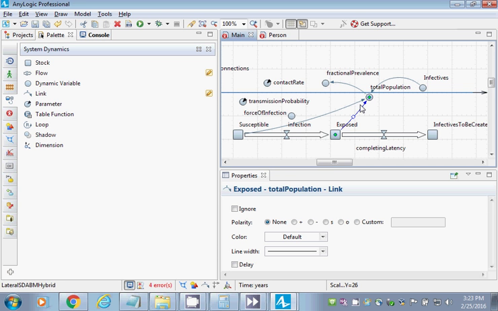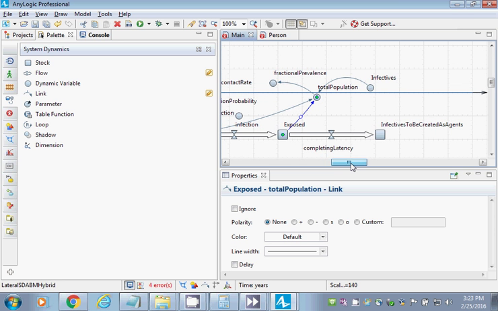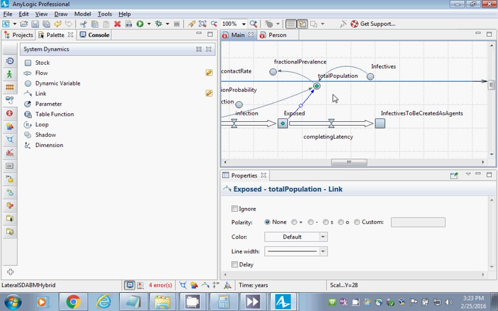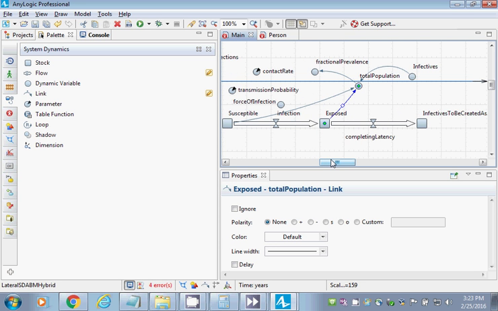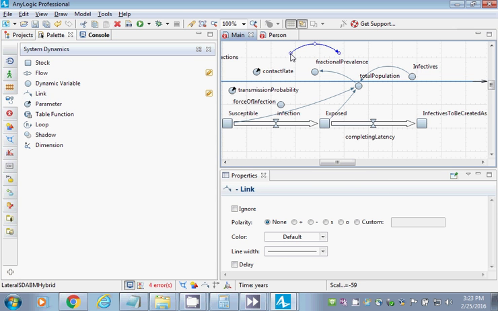The arrows that are going to the parameters? Yep. Are those not links? What are those? Those are links. AnyLogic doesn't like that. Okay, that's interesting. That's because you're using parameters. Yeah, these are dynamic variables. Yeah, so parameters don't depend on another thing. They're inputs, and so your dynamic variables depend. Yeah. So your links can start there, but